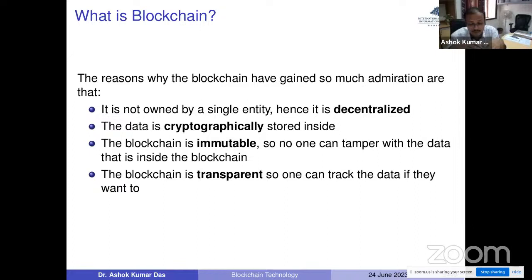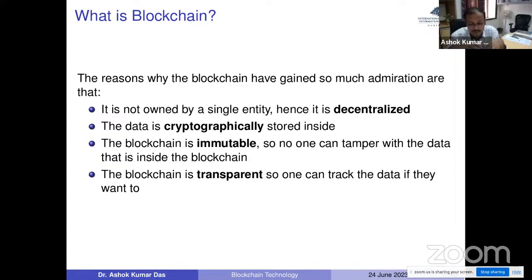The next beautiful property of blockchain is that it is transparent in nature. For example, say I have put transactions in a block, and that block was mined and put in the P2P network. After a certain period of time, after mining the block, the owner of the block, including anybody, can verify whether the transactions or block have been put correctly in the blockchain. So this type of transparency is there in the blockchain.